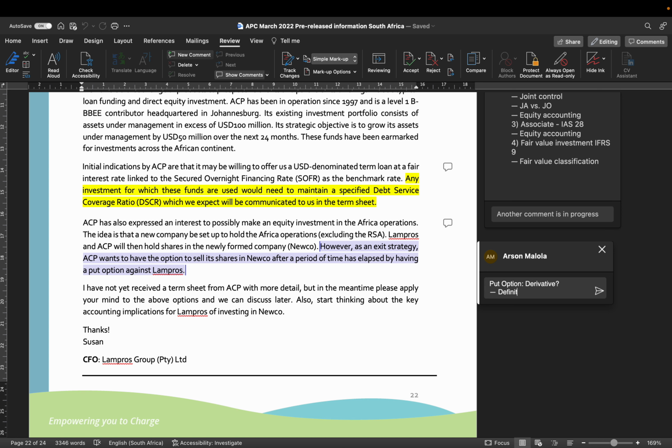Again, we've got an option. ACP holds an option to put the shares to Limpros at a future date, after a period of time. So you need to apply the definition to the extent that you can. By way of example, one of the requirements is that there needs to be little or no consideration. We don't have information about whether or not consideration has been charged here. It's silent. Therefore, we just need to note it and say we could get this information on the day. If the consideration is small, one step closer to meeting the definition of a derivative.